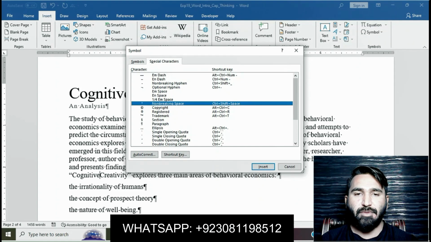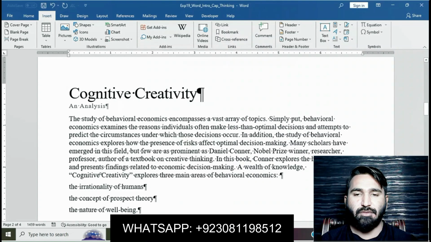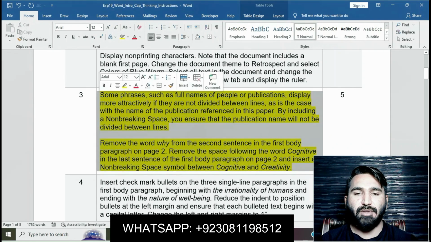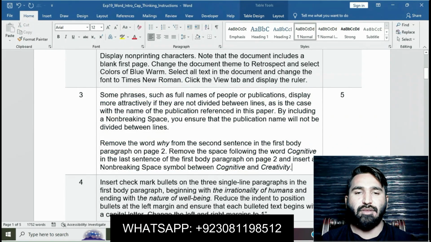Okay, the symbol, the space symbol. Then Insert. Okay, close. Okay, you can see this is completed. This question is completed. Now I have done 3 questions of this assignment.